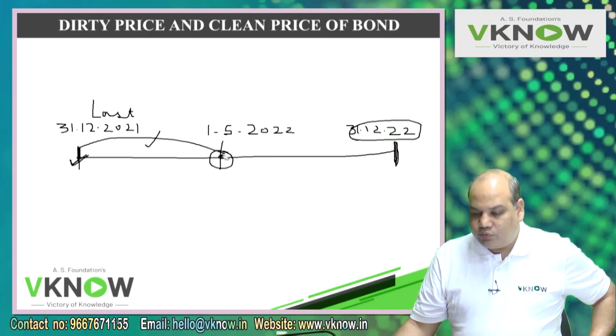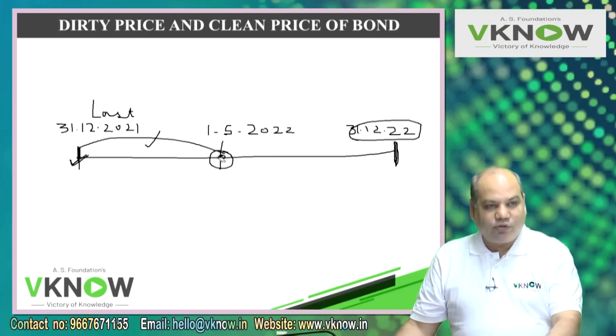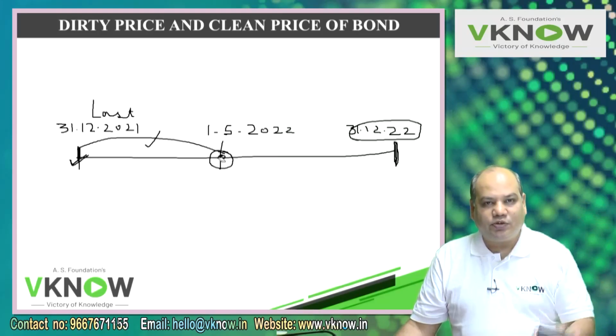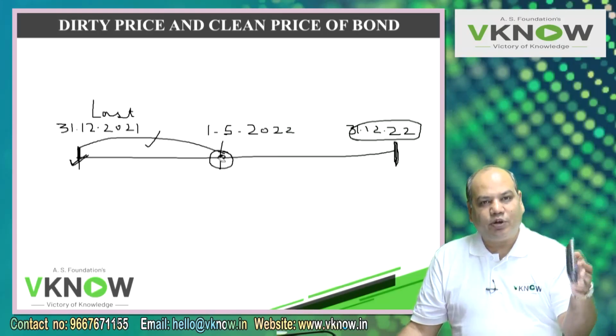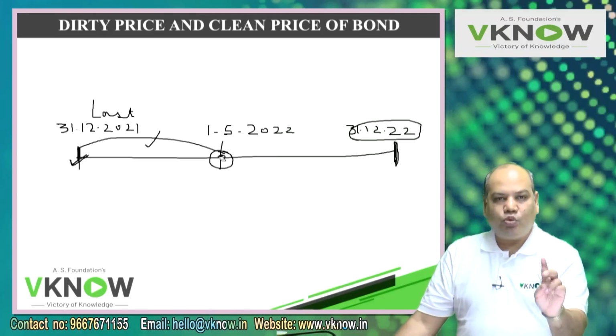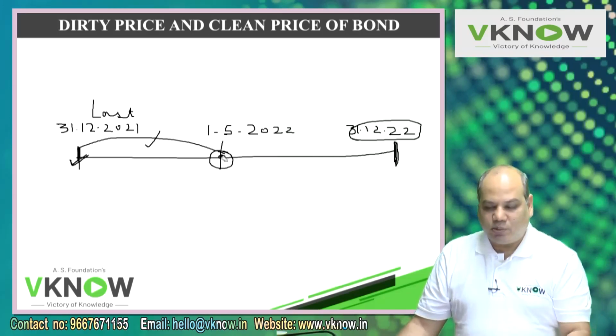So now we have to compute two prices here. One is called ex interest price and one is called cum interest price. Ex interest price means the price of the bond does not include interest. Interest will be paid separately. Just like some shop says the price of this calculator is 300 plus 5% GST. The other shop says the price of this calculator is 315 rupees including GST. You are paying GST 15 in both cases. It's only how the price is communicated to you.